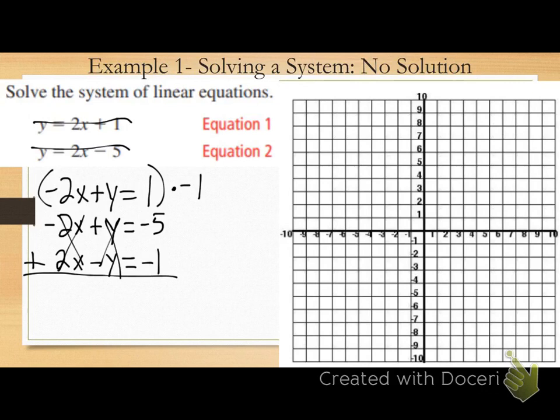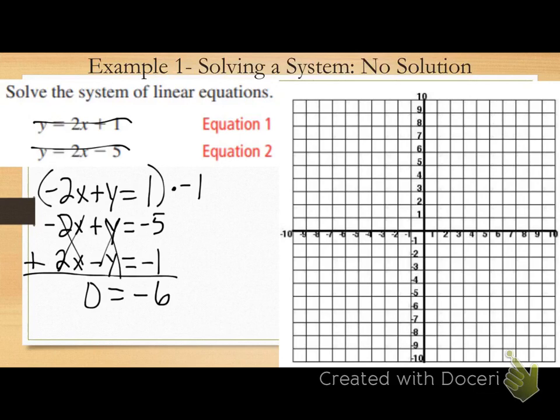So, if both of my variables get eliminated, what would be left on that left-hand side? Nothing. What number represents nothing? 0. What's negative 5 plus negative 1? Negative 6. So, for solving using elimination, and we get the no solution, special solution here, both your variables are